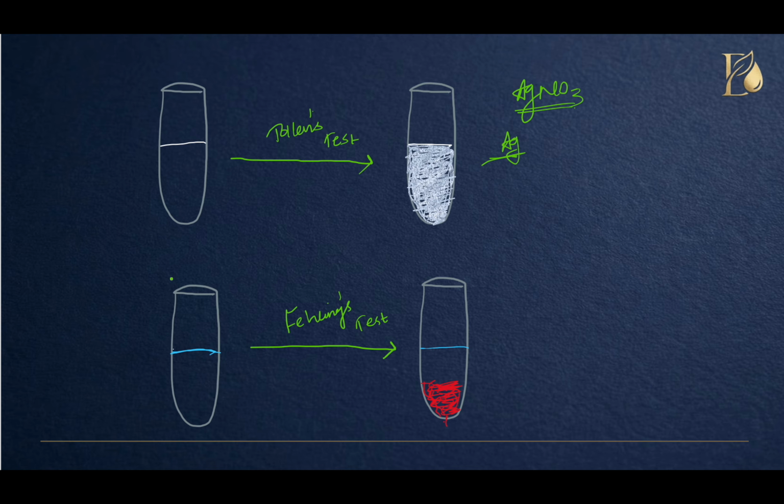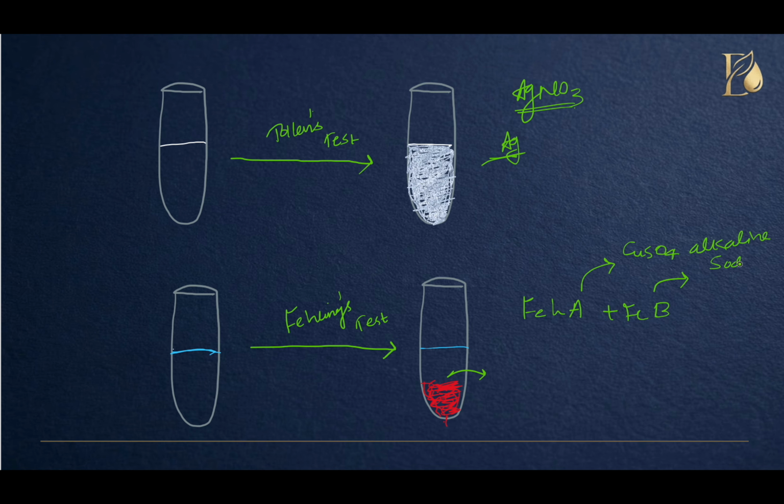Before that, we can check what is Fehling's test. Fehling's test is when we heat aldehydes with Fehling's reagent, it will produce a reddish brown precipitate. What is Fehling's reagent? Fehling's reagent is a mixture of Fehling solution A and Fehling solution B. So what is Fehling solution A? Fehling solution A is copper sulfate, while Fehling solution B is alkaline